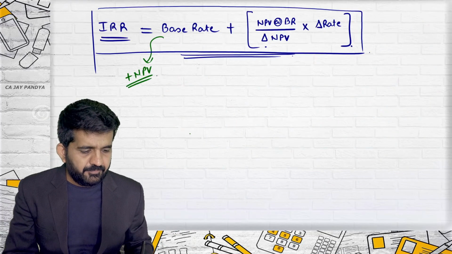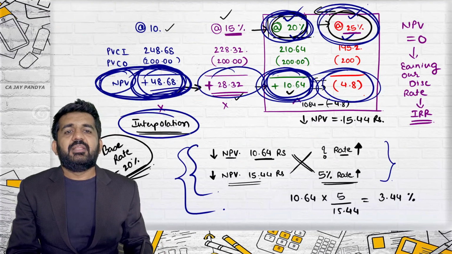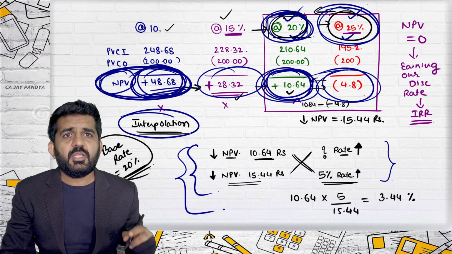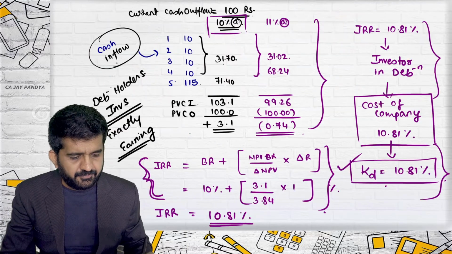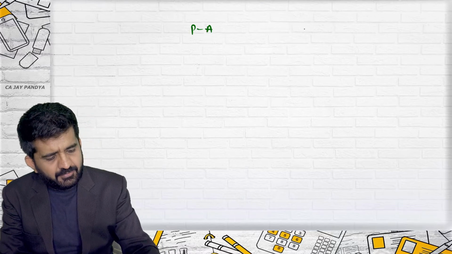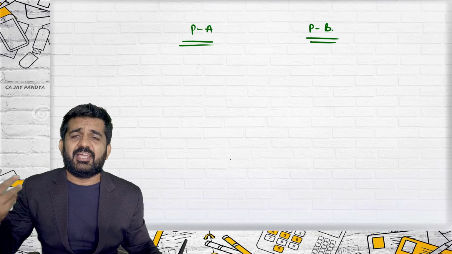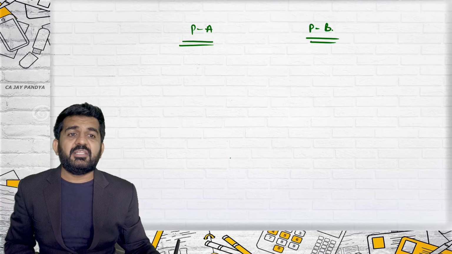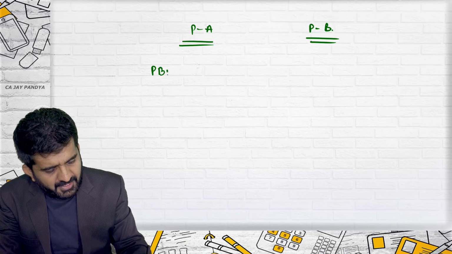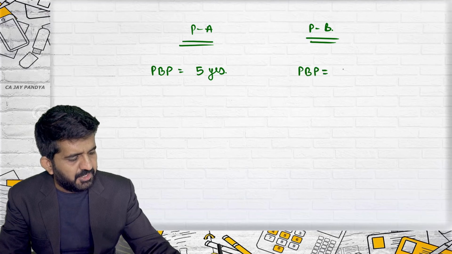So what have we learned? We started with PI, profitability index, and decision criteria. Then we started with IRR, how much exactly the project is earning. Then the payback period method, which includes a discounted payback period method. If you ask me, sir, how important is the payback period method, try to concentrate. Project A, project B. You have determined other criteria like NPV, IRR and other points. But the thing is, project A has a payback period of 5 years and project B has a payback period of 20 years.